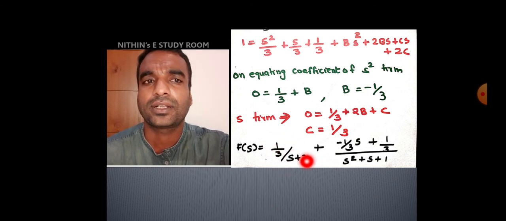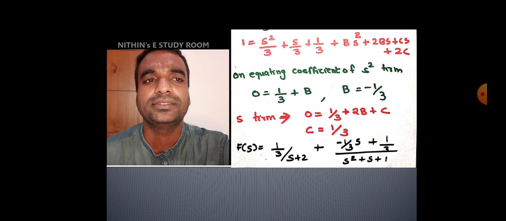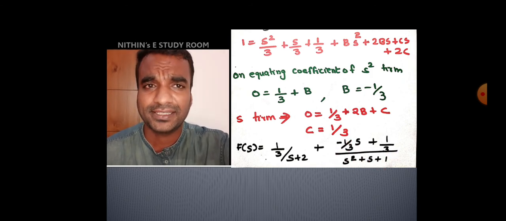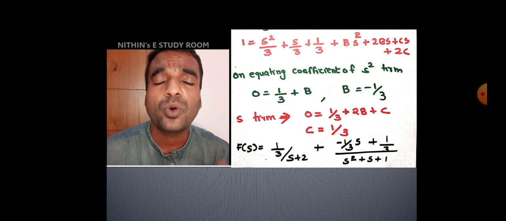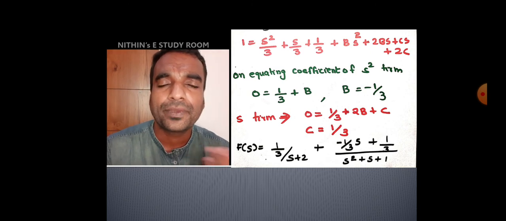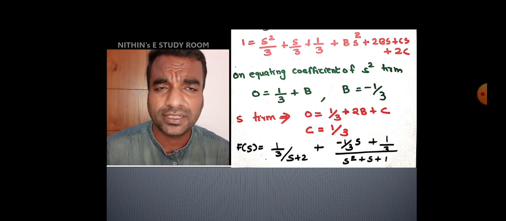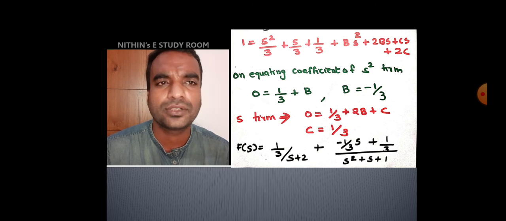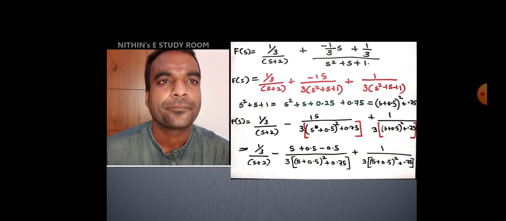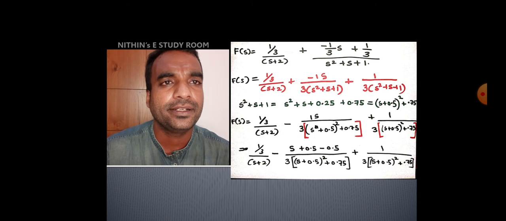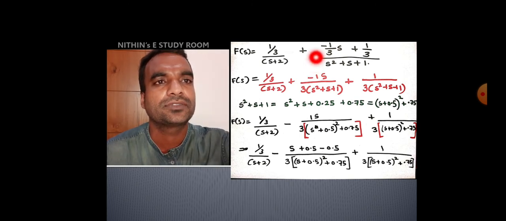This thing you can convert directly to L inverse, but this thing we have to adopt some steps. I will explain these steps, but how I got these steps, you have to be more familiar with the technique. You have to do more problems, then only you will get that skill. Okay, so F(s) is equal to 1 by 3(s plus 2) plus